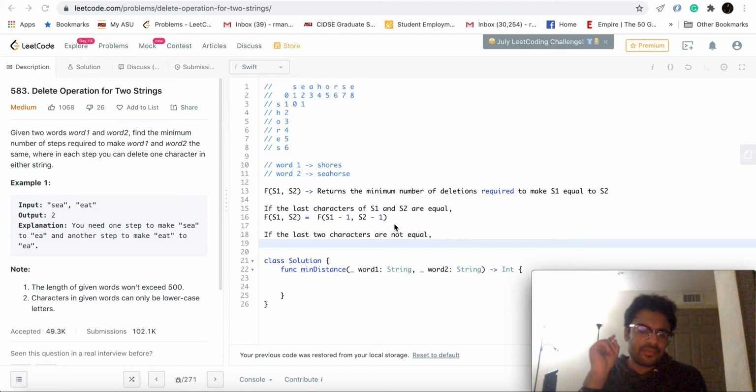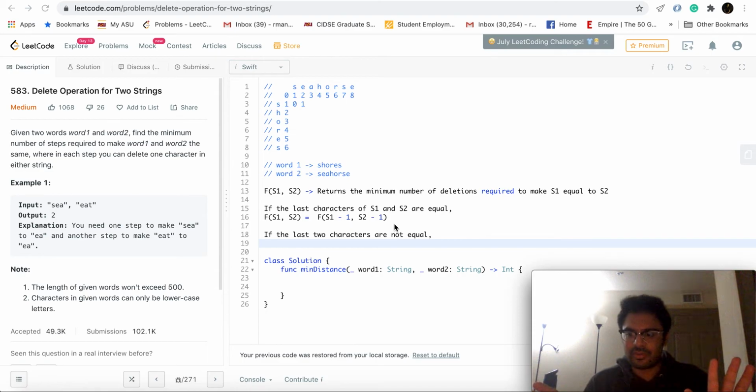So we'll definitely make one deletion, and then we look at the situation. Now, where do you delete from? Do you delete from s1 or do you delete from s2? So what we'll do is we'll try and delete one character from both, and we'll just take the minimum of those two results. That's all there is to this problem.